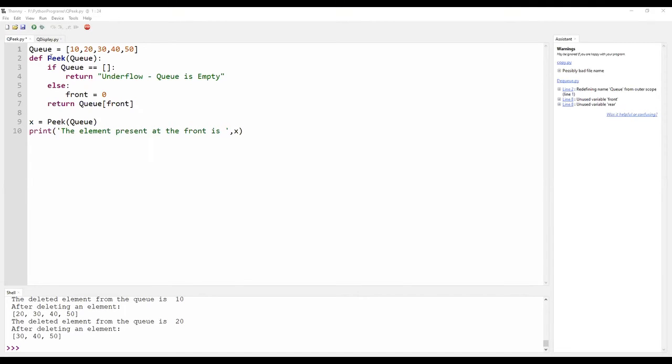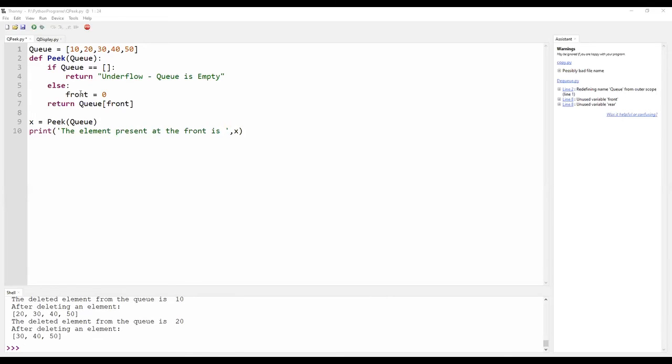The definition of peek goes this way. I am trying to check whether the queue is empty. No, the queue is not empty. It is having 5 elements. If the queue did not have any element, I would have a statement called "underflow, queue is empty". Since the queue is having 5 elements, I am moving on to the else part.